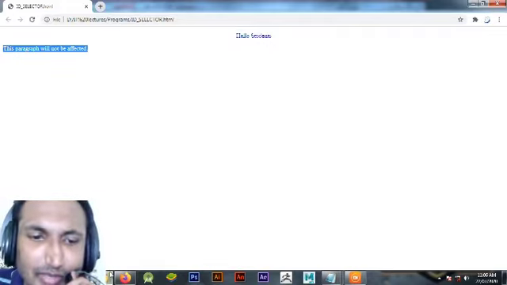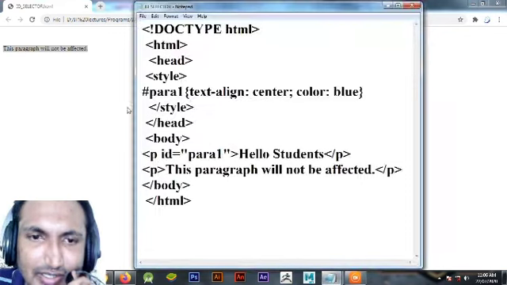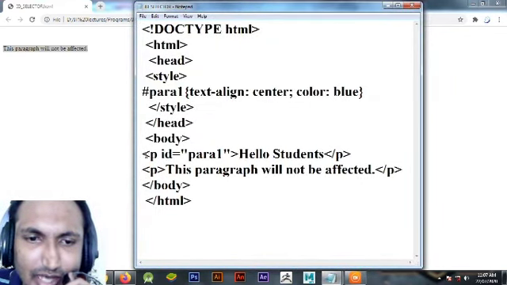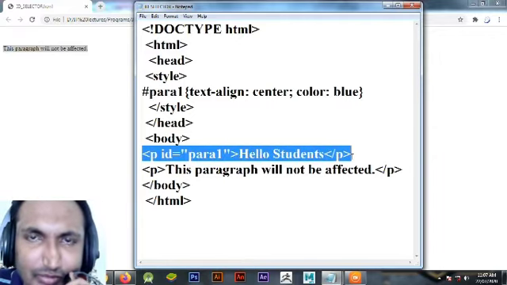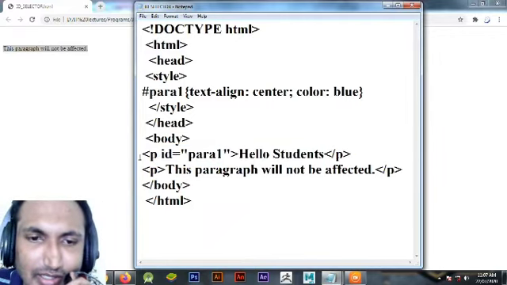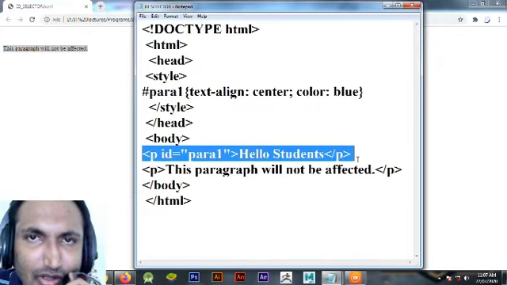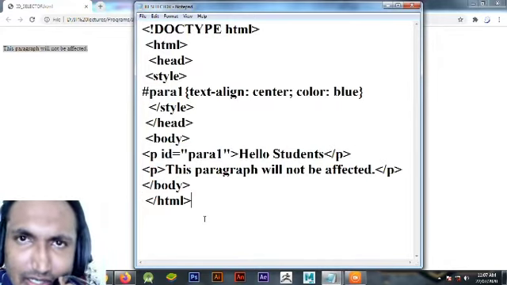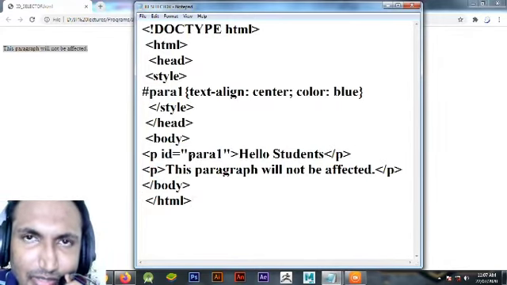The limitation with the ID is that an ID can be used only once, for a particular tag. This cannot be used for more tags at the same time. This is to remember.